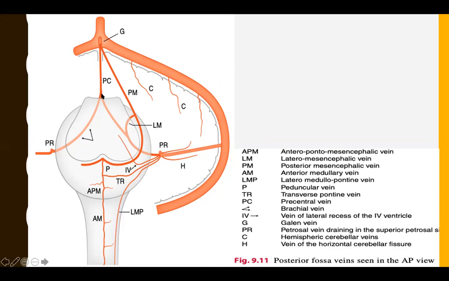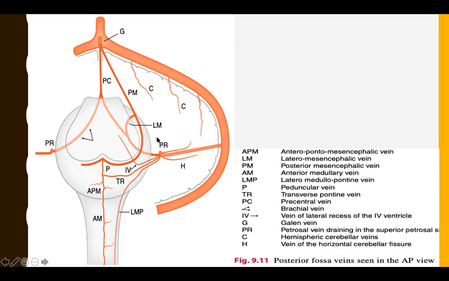So basically this is a precentral vein which continues into the petrosal vein. Then there is a posterior mesencephalic vein which continues as we go onto the anterior surface of the pons, the peduncular vein, and goes on the anterior surface of the pons and medulla as the anterior pontomesencephalic vein, which continues as the anterior medullary veins. There is a superior vermian vein, which is not seen over here, but it is seen in the lateral view, which I will show. And there are cerebellar veins or the medullary veins, which are in the Galenic group, the superior group, which we'll see in detail. The second group is the petrosal group, that is the petrosal vein.